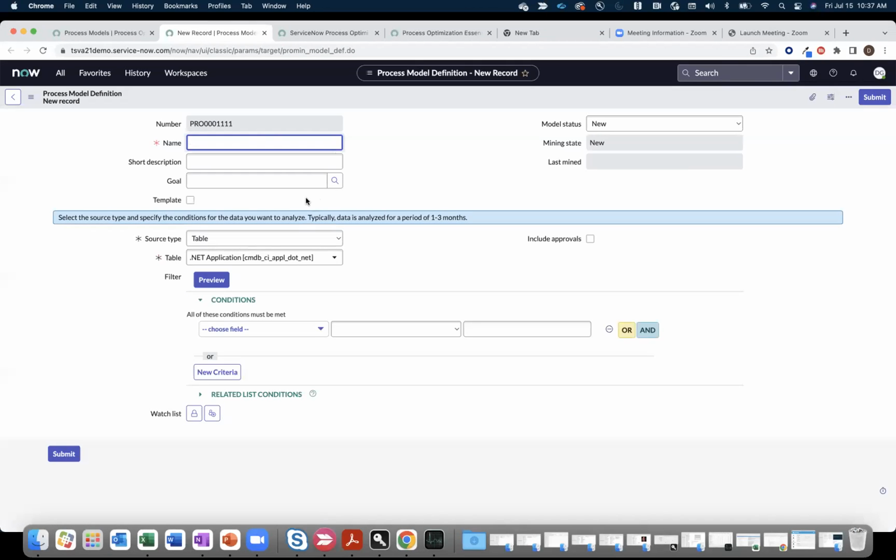And I think this is a super powerful piece. This ease of use of getting us from data to a map is, I think, one of the biggest advantages you get by using in-platform. So we're going to call this one Process Optimization Academy. And then we can give it a short description. This is for the first Academy